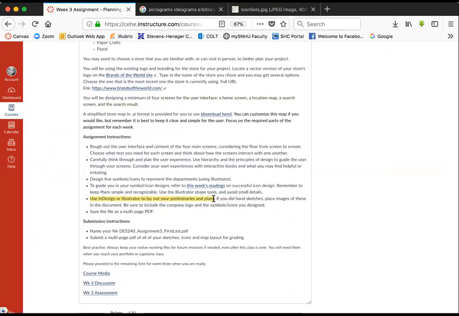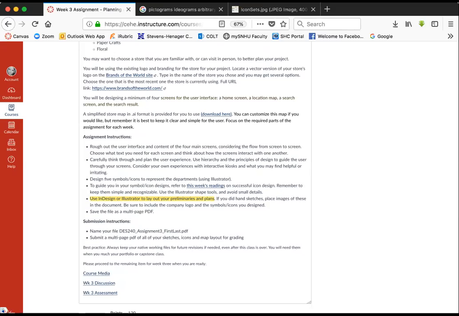So why I'm bringing this up is because I started to show you in Illustrator how to lay out your plans. But next week, we're actually going to be designing your pages in InDesign. So we aren't going to be sticking with Illustrator. The only thing Illustrator is really good for at this point is your icon creation. So when we go into week 4, you guys will be setting up your pages in InDesign and importing